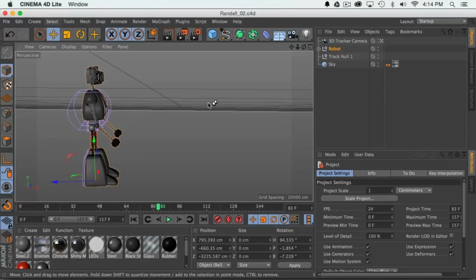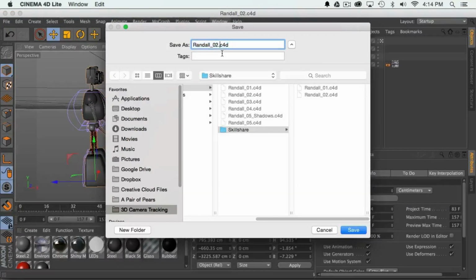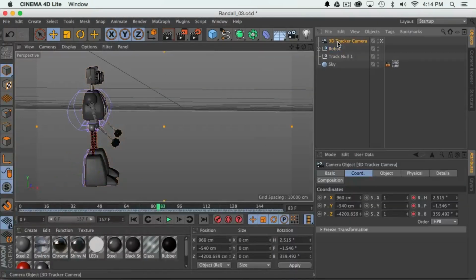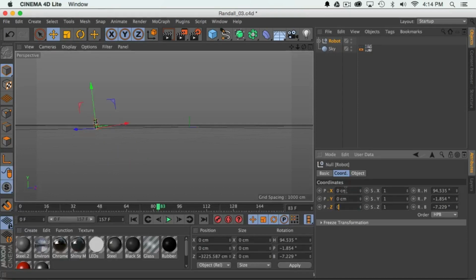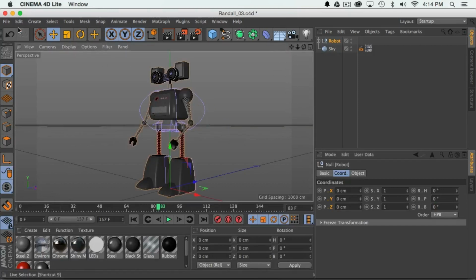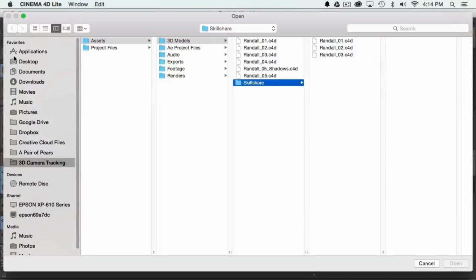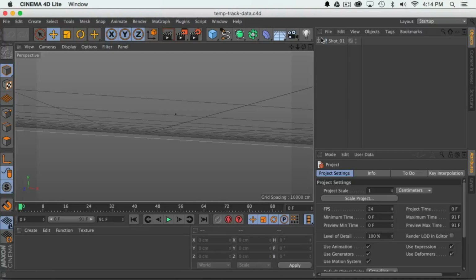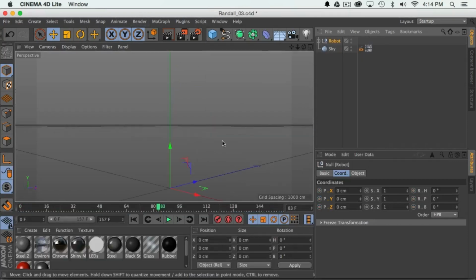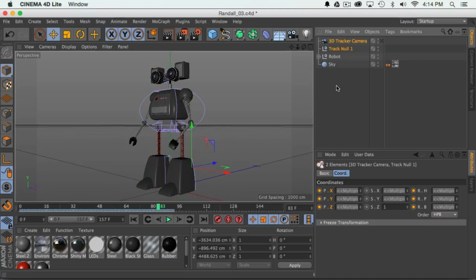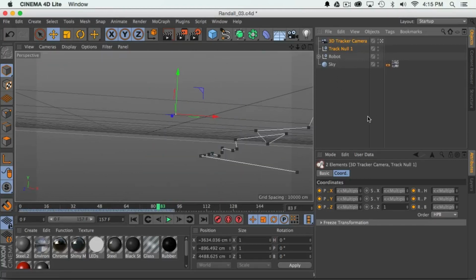I will save this from Randall 02 to Randall 03. Save, then I can get rid of the tracker camera, the track null, and reset my robot to be 0, 0, 0. Then I will open up the temp track data that we have on the desktop, bring the 3D tracker camera and the track null out of that parent null, copy, go to my Randall 03, paste, look through that camera,